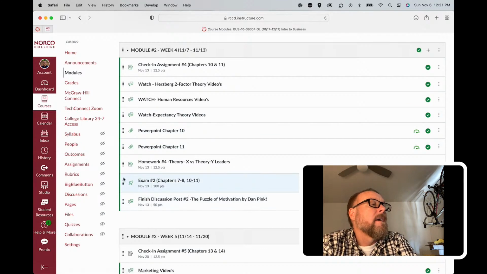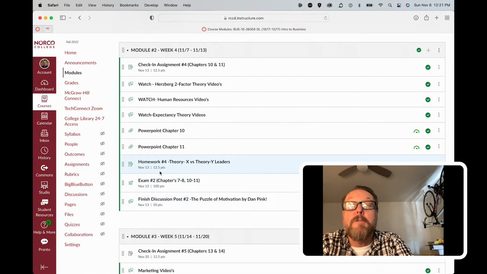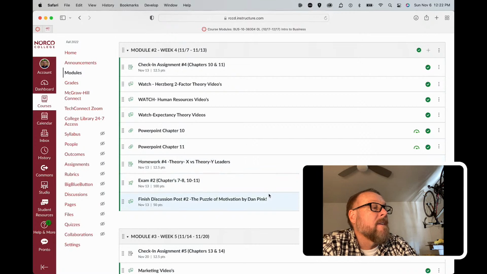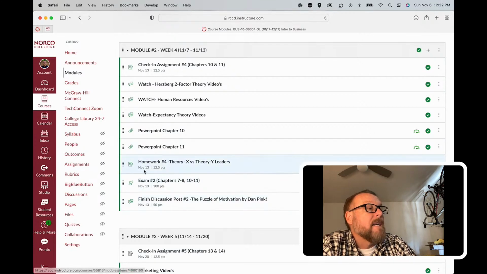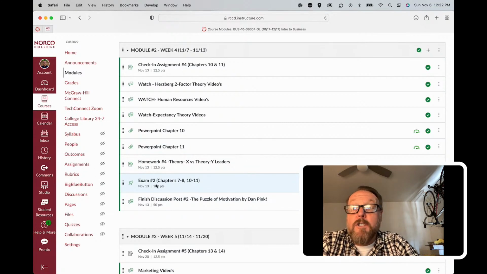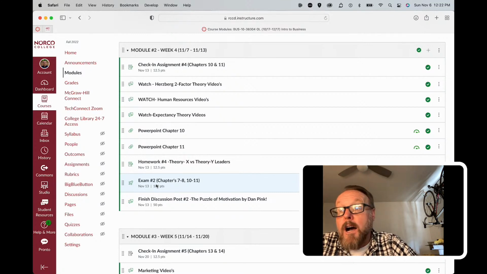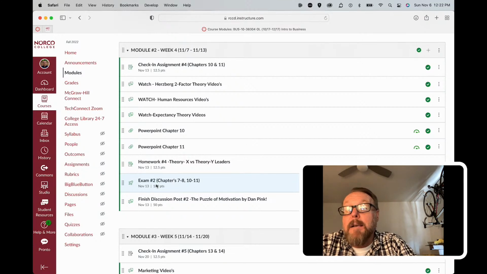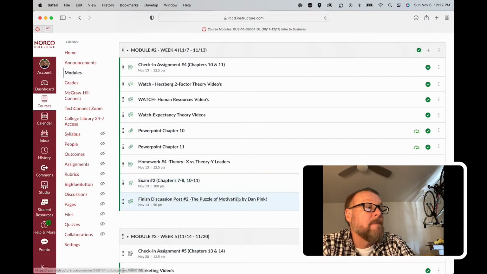That's chapter 10. Of course, you have no quiz this week, but you have your second exam, which is based off of last week and this week's chapters, chapters 7 and 8, 10 and 11. And so make sure you do that by Sunday night. And then, of course, you have your discussion post, which you should have started already. Now it is due on Sunday. So hopefully you made your initial post, and now you just need to comment on 2 other students' posts. But don't skip doing that second part, because it'll definitely significantly affect your grade for this assignment.